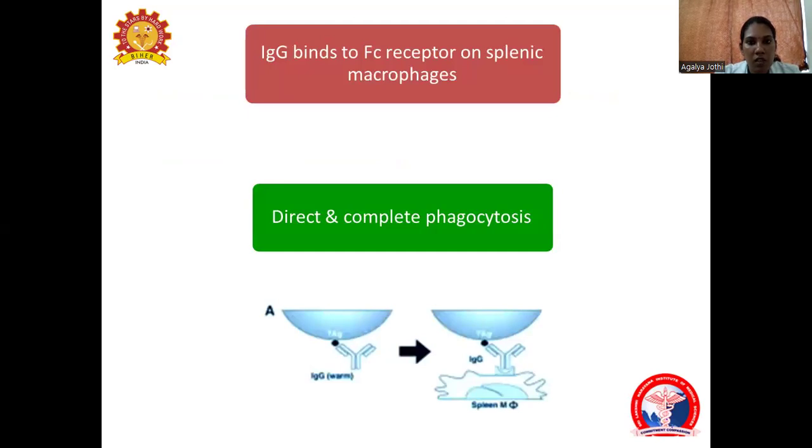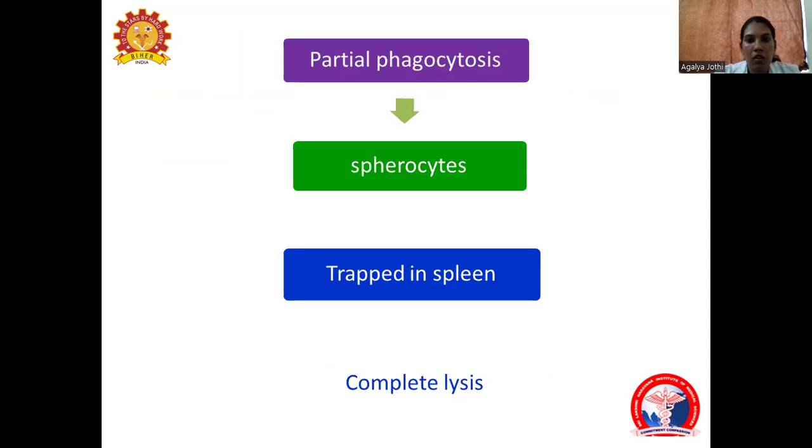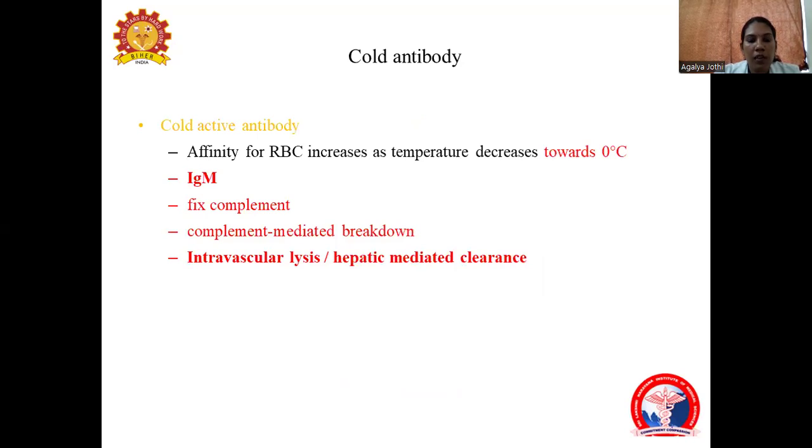Here, the IgG binds to receptors on splenic macrophages. Once it binds to the splenic macrophages, the macrophages produce pseudopods. It engulfs the RBCs, and complete direct hemolysis by phagocytosis occurs. In partial phagocytosis, the RBC membrane attached to that alone will get trapped, and finally it will be reduced in size and get trapped in the spleen, and complete hemolysis occurs. In cold active antibodies, the affinity for RBCs increases as the temperature decreases to 0 degrees